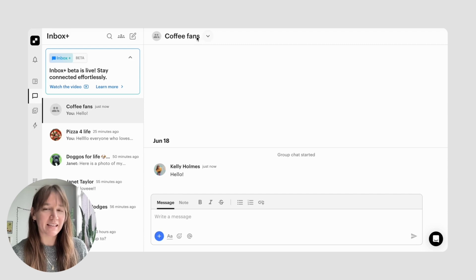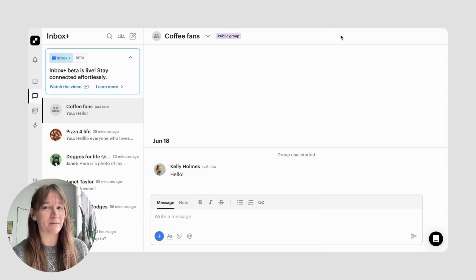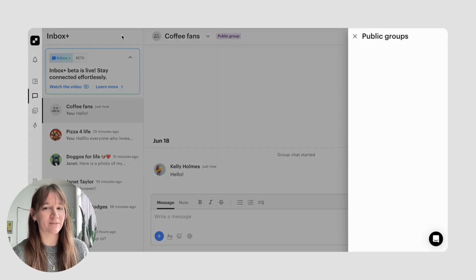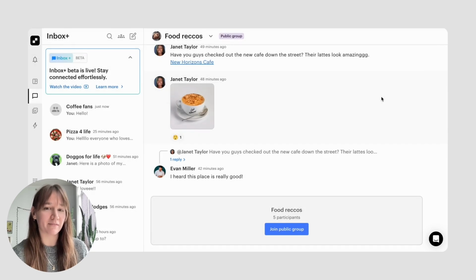Create Group. Here, you'll name the group and add the members you'd like to include. Once your group is created, you can change the name, make it public, or keep it private and add a group image. Admin will also be able to see any public groups they're not a part of yet and join